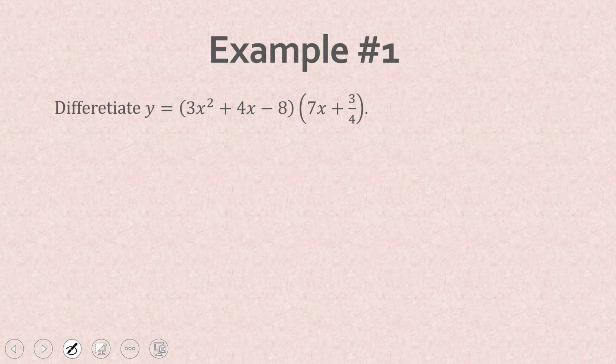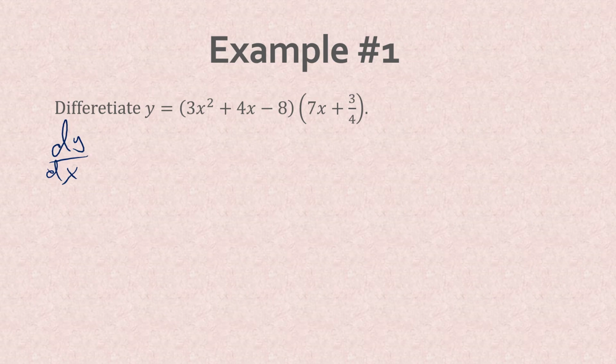So, for example, if we'd like to differentiate y equals (3x² + 4x − 8) times (7x + 3/4), we could multiply everything out and collect like terms, and then just use our power rule and the distribution of the derivative across sums and products. But, just as a demonstration for the product rule,